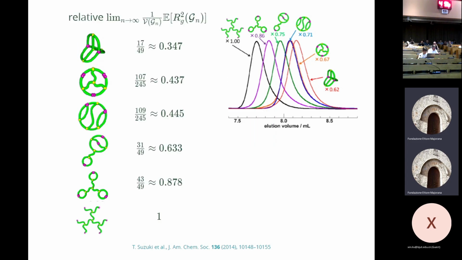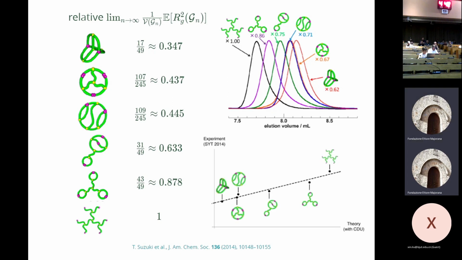Okay, now let's compute this quantity and normalize so that this is 1. So divide what you get for each of these things by what you get for this thing. And you get these numbers, which don't really mean anything. Notice they're all rational numbers. But now if we plot these things, so this axis is these numbers, and the vertical axis are these numbers. And we were very excited to see that these line up almost on a straight line, which in some sense